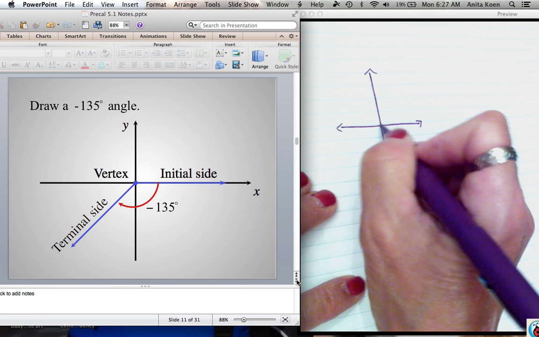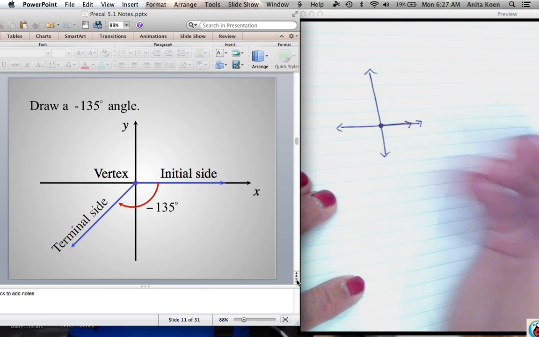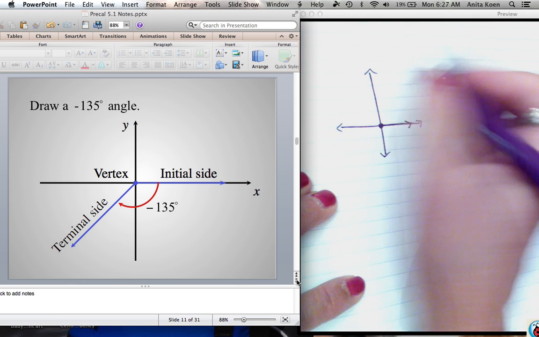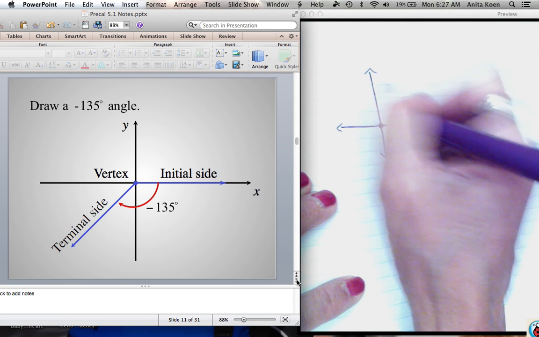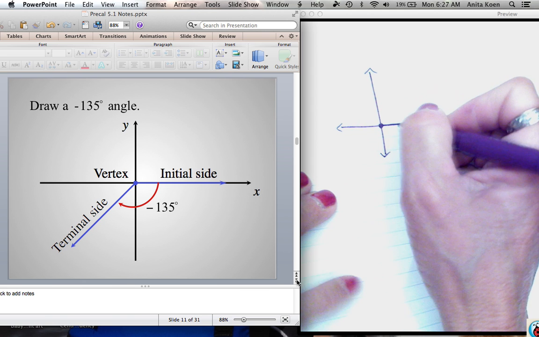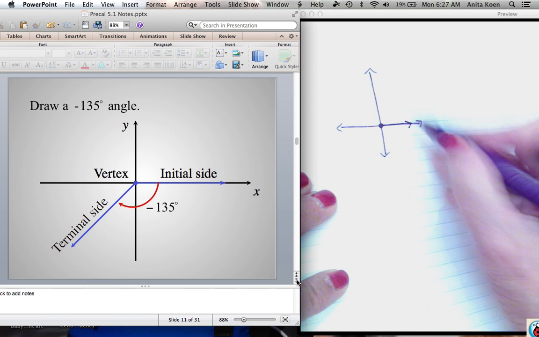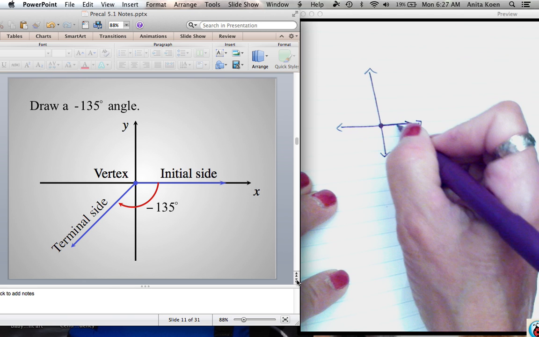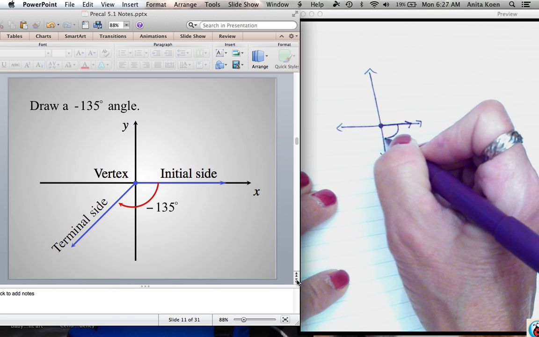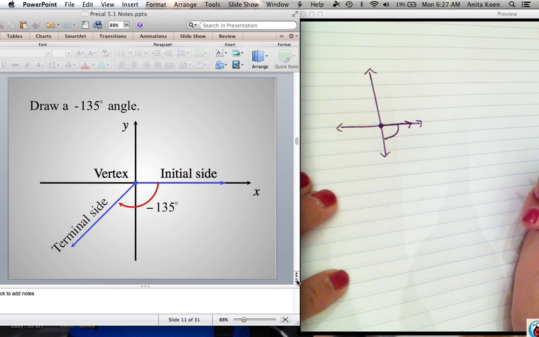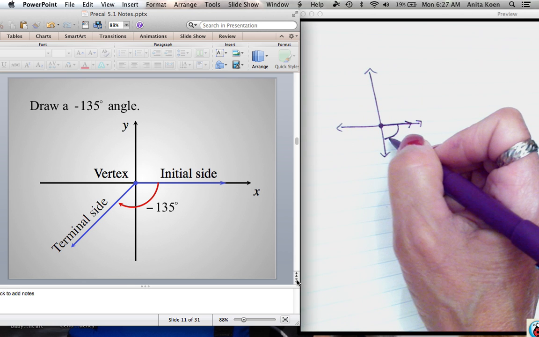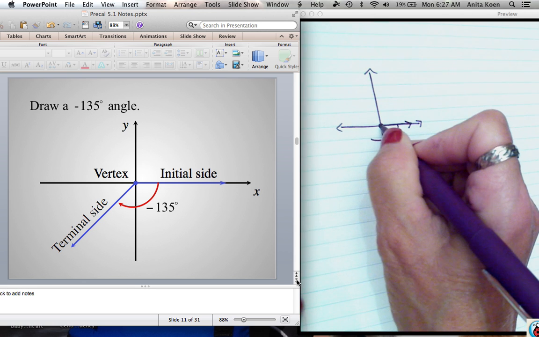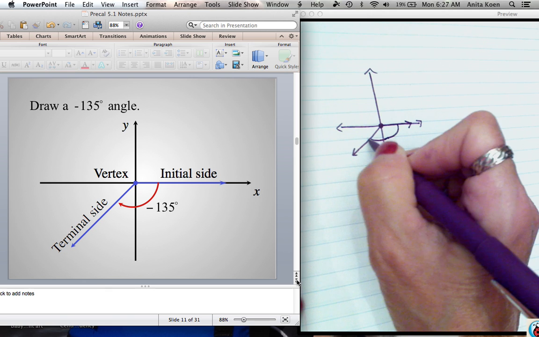Okay, I'm going to put my initial side on the positive x-axis, and then I'm going to rotate not counterclockwise, but clockwise, because clockwise makes the angle negative. So if I rotate from here to here, that's 90 degrees. So I know that if I want to go 135 degrees, I've got to go 45 more. So we're going to be halfway in between